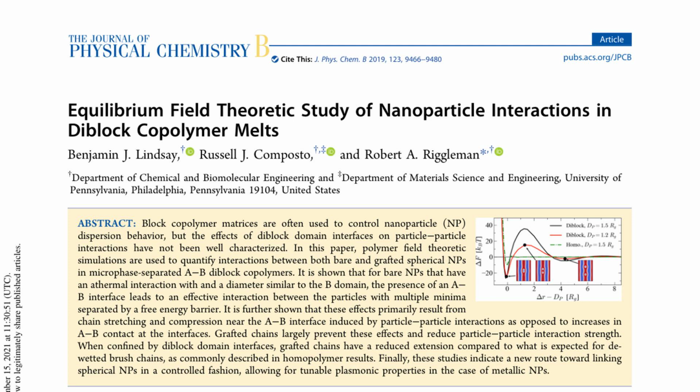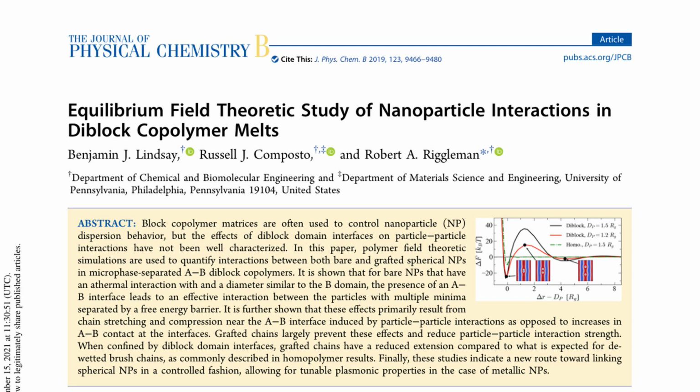In this scientific paper, the authors investigate the interactions between nanoparticles (NPs) and diblock copolymers. While the effects of NPs on polymer matrices have been extensively studied, the effects of the diblock domain interfaces on particle-particle interactions have not been well characterized. The authors use polymer field theoretic simulations to quantify the interactions between bare and grafted NPs in microphase-separated AB diblock